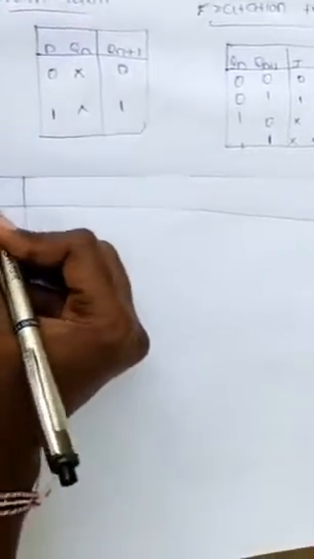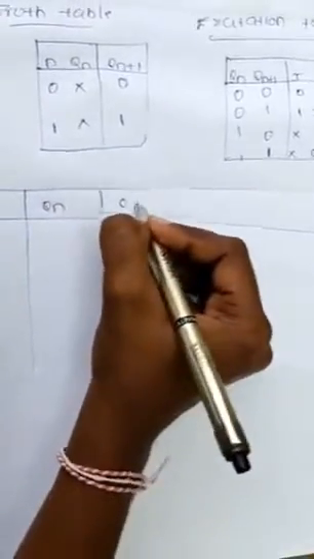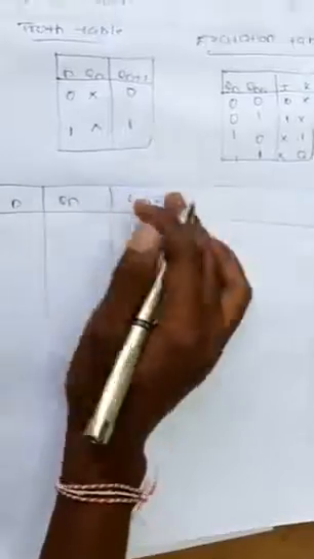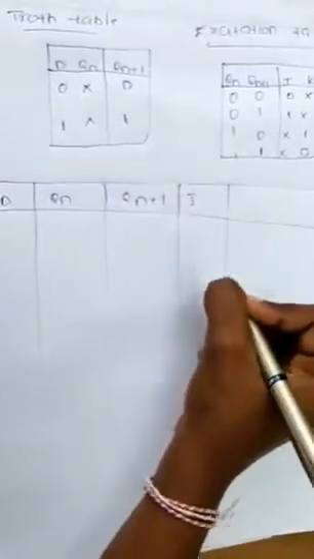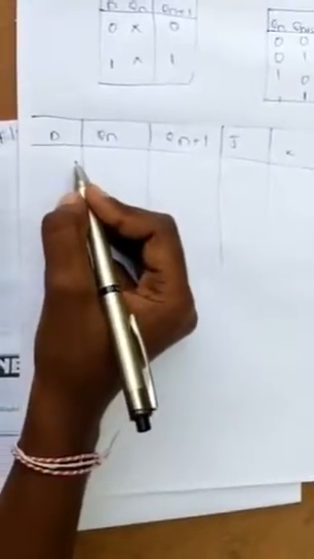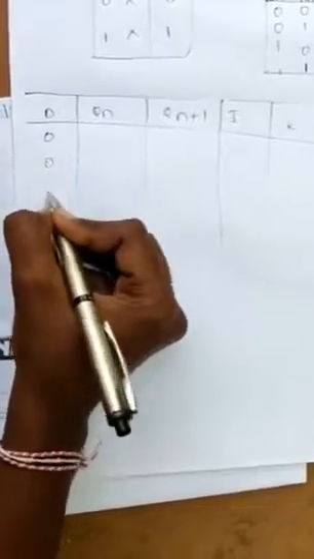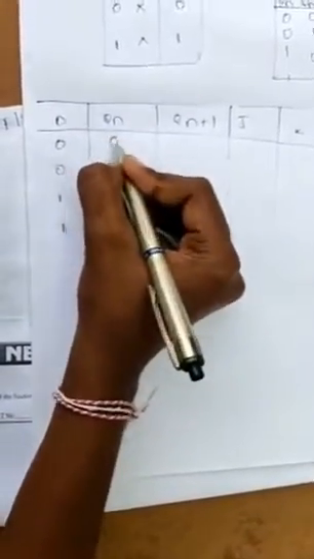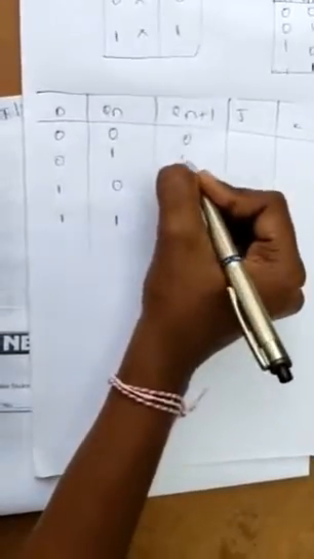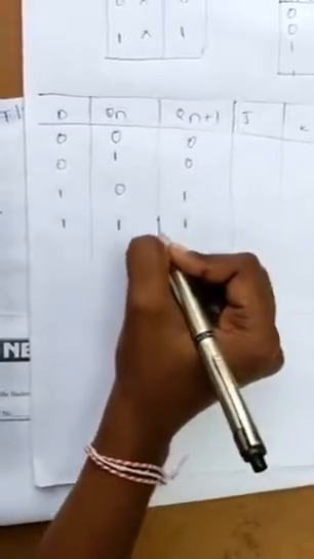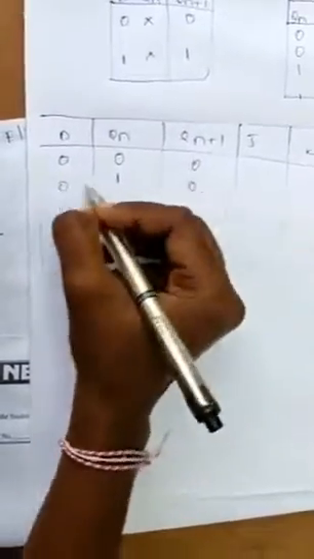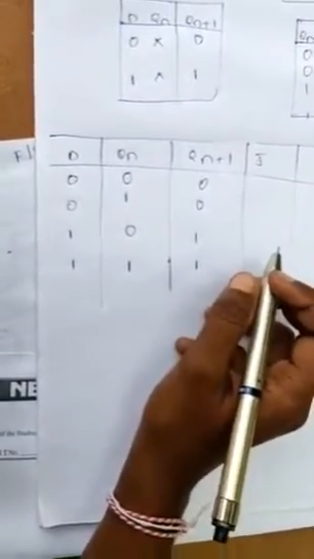So here you see D, Q of n plus 1, J and K. This is the table here. So first you take here 0 0 1 1, then 0 1 0 1 and 0 0 1 1. Then 0 0 0 0 1 0 1 0 1 1 1 1. Okay, it has completed. Next, from the excitation table